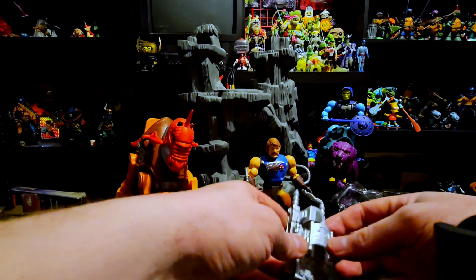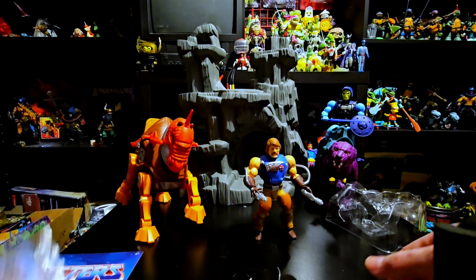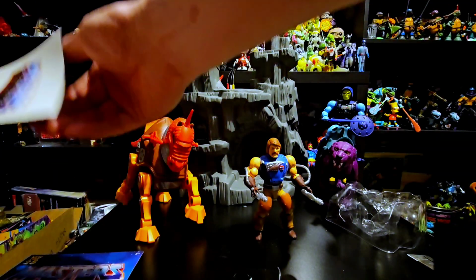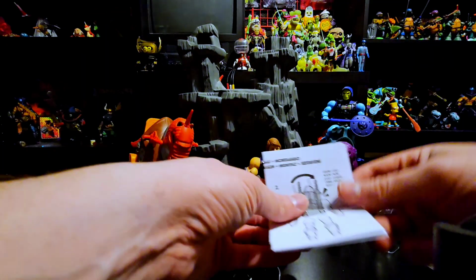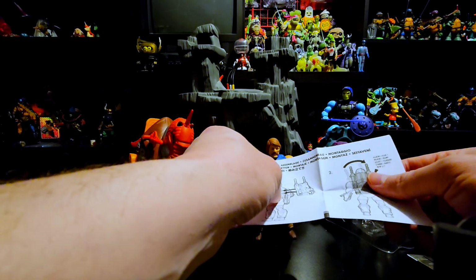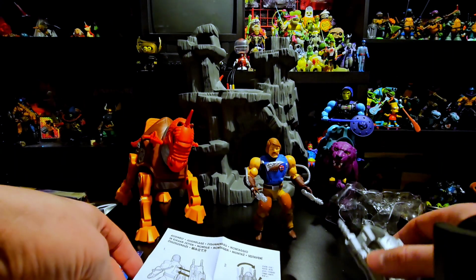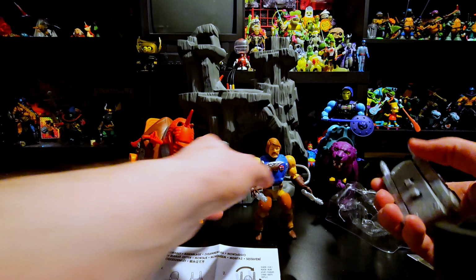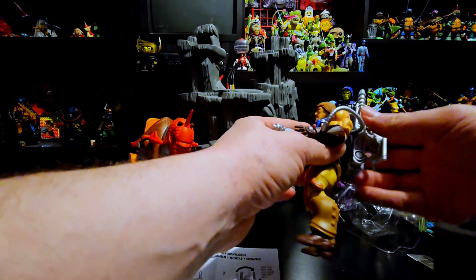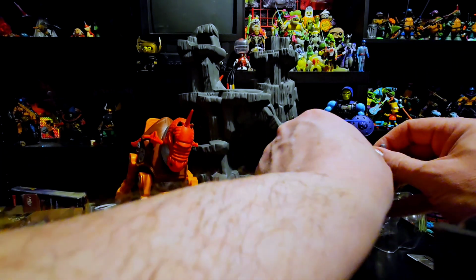So let's take a look here. Actually, are there instructions for this? Yeah, there they are. There's instructions for how you're supposed to put his backpack on. So let's take a look at that. All right, seems simple enough, right? Looks like that basically just goes in like that, and you snap it. Cool, easy peasy. Now, the real trick is getting